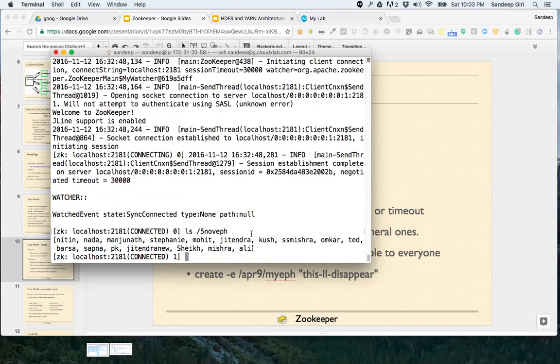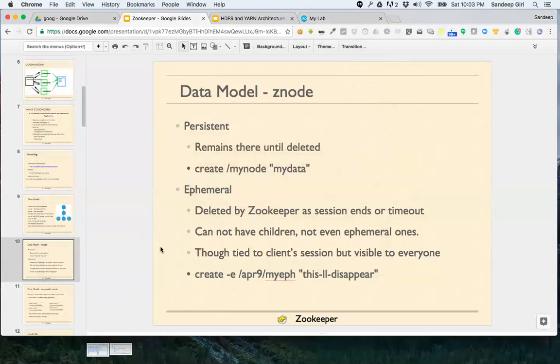Basically, I can take the attendance of my class, as in how many of you have truly opened the console and kept it open, just by monitoring this node. That means the coordination can be very good for various reasons. So now, I hope everybody got the hang of ephemeral node and persistent node.